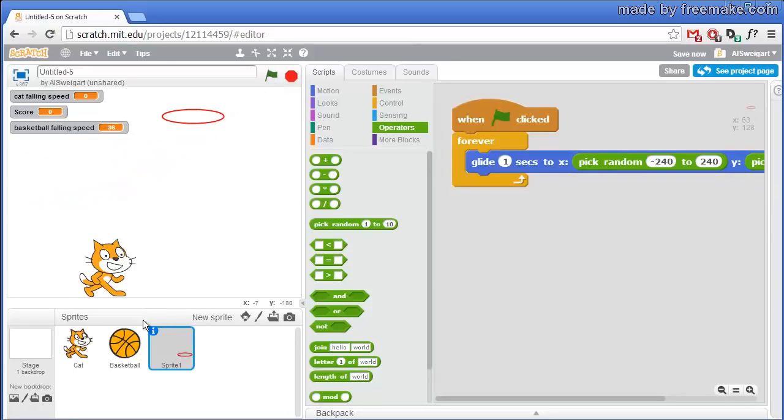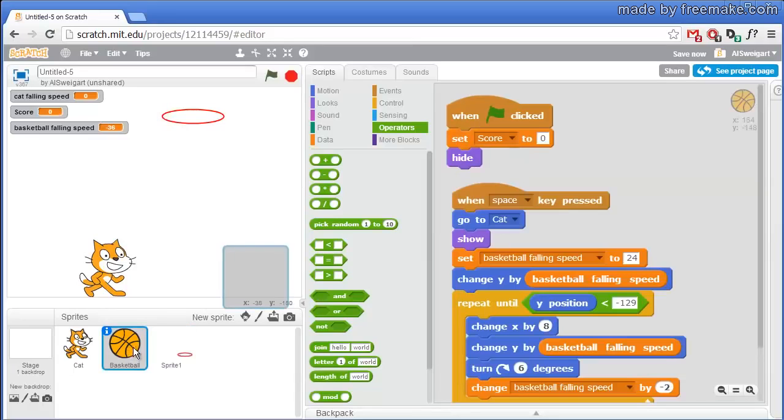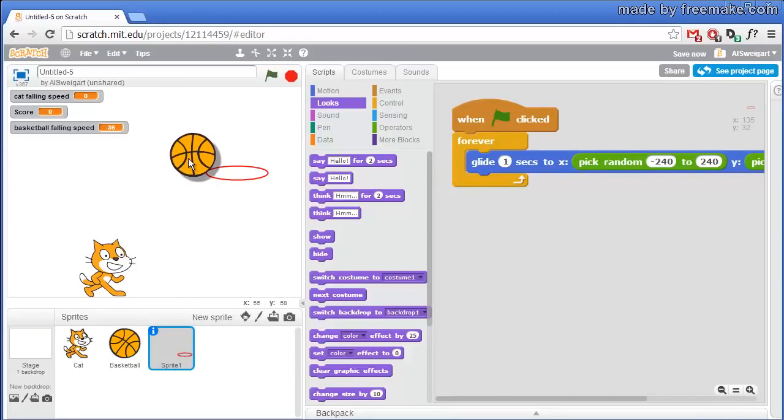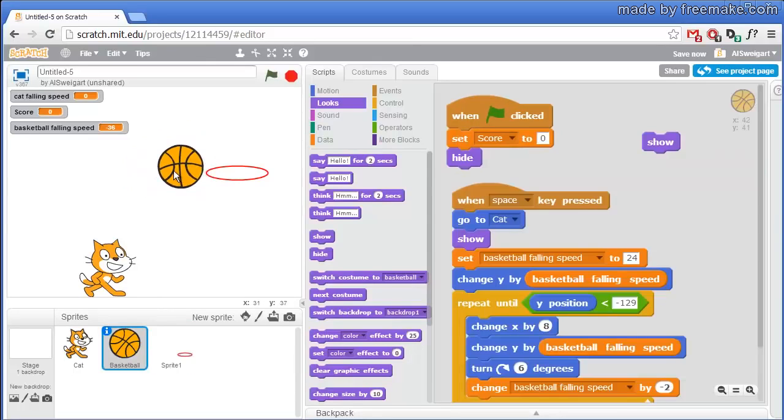Alright, now we want some code that detects when the basketball has made a basket. And we could add code that just detects when the basketball... I'll go ahead and make it show itself. We could just detect when the basketball is touching the hoop, but then it would also score a basket if the basketball is just slightly touching the hoop. So if the basketball fell like this, we really wouldn't